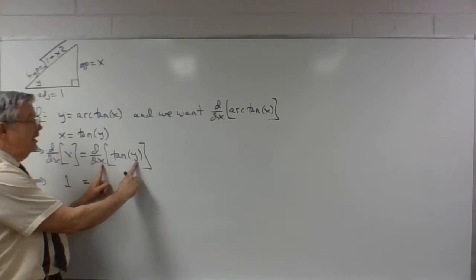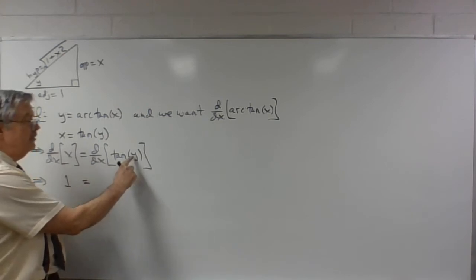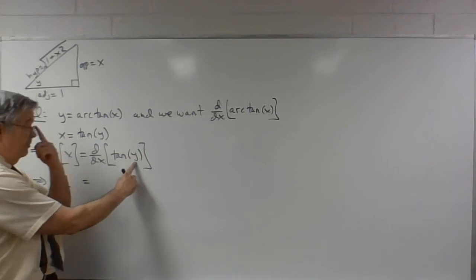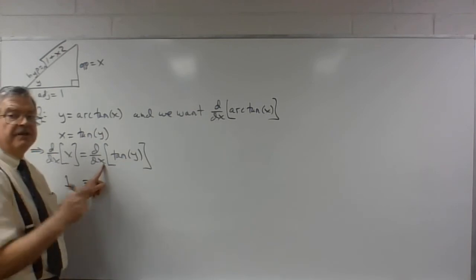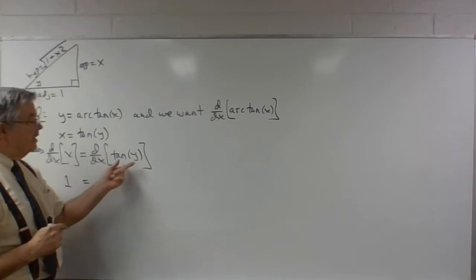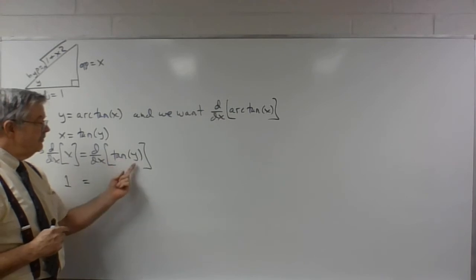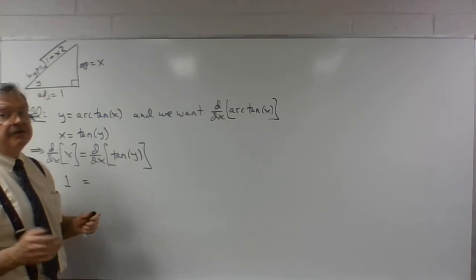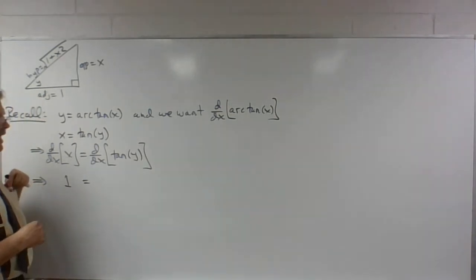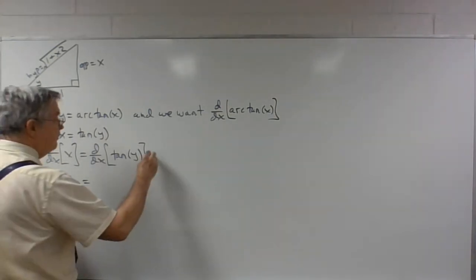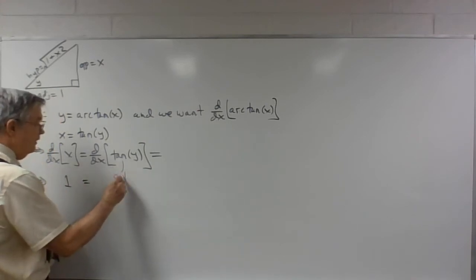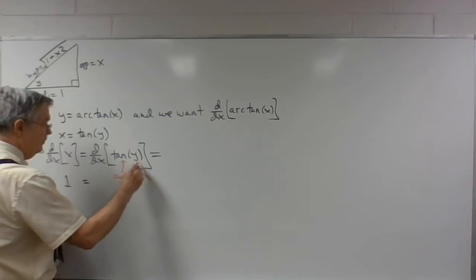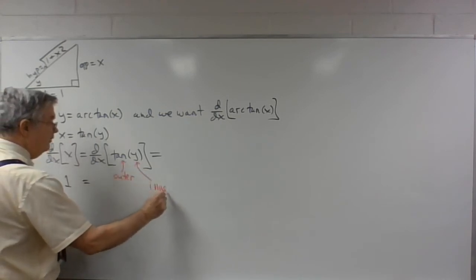And what this means is, not only do we regard y as a variable in its own right, but since these two variables are different, we also regard y as a function of x. So what we're looking at here is a function evaluated at a function. It's a composite function. And that means that we have to apply the chain rule. Tangent is the outer function. Y is the inner function,